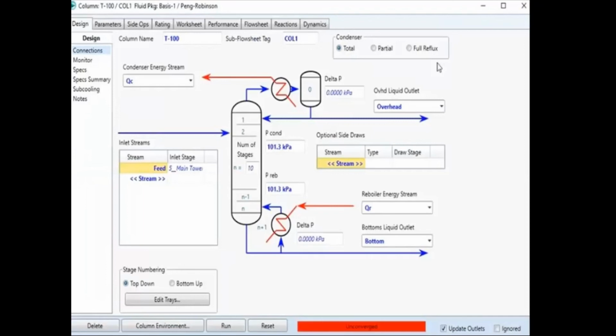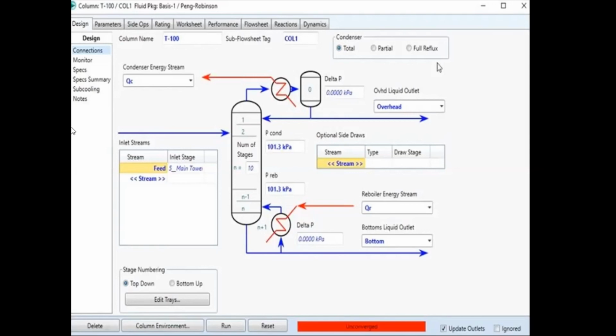By using this software, we get the composition, conditions and properties of the outlet stream. But for that, we have to enter and provide the inlet stream composition, conditions and properties.